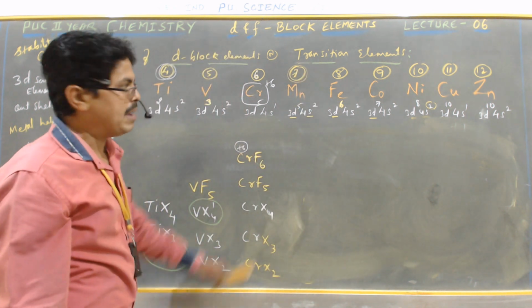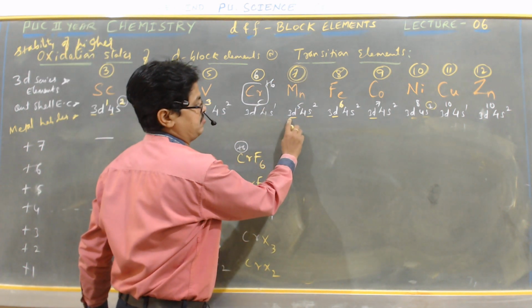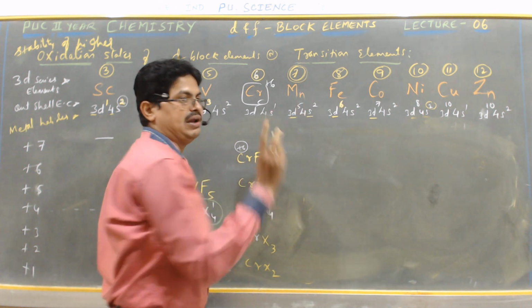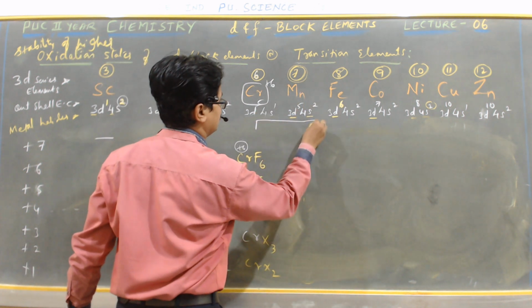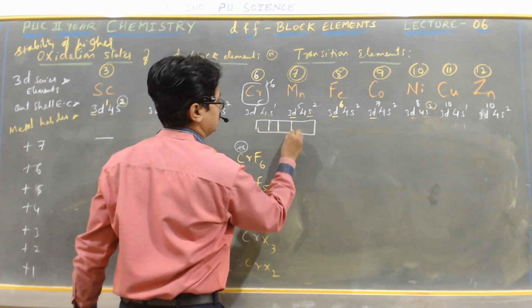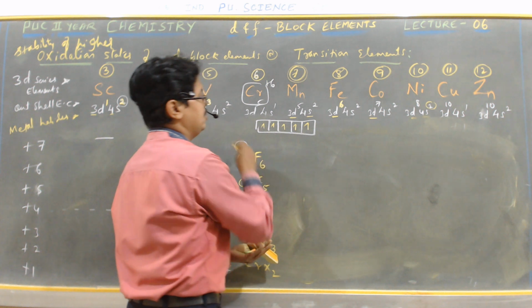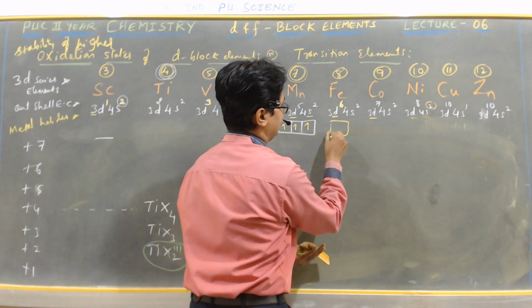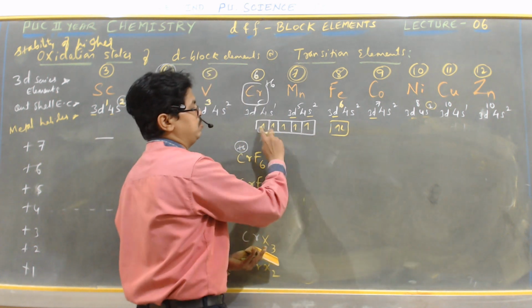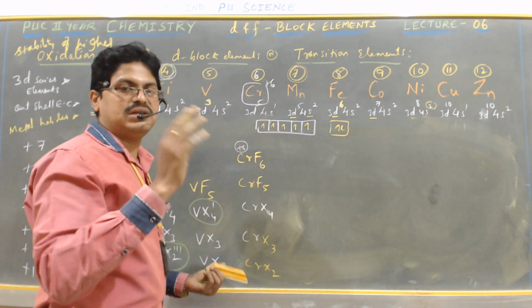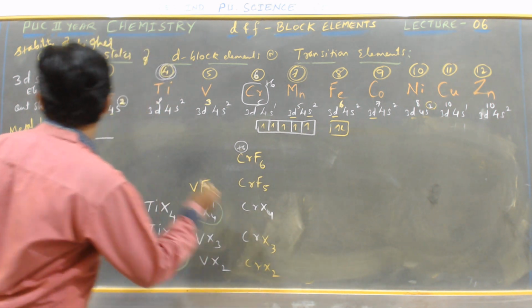See, even though manganese exhibits higher oxidation state of plus 7, because 5 unpaired electrons from d orbital, 2 paired electrons from s orbital are involved in the bonding. Correct? Like this. So 1, 2, 3, 4, 5. All the 5 electrons are involved in the bonding. As also these 2 electrons from s are also involved in the bonding. So that time 2 plus 5 is 7. Even though it is having higher oxidation state, it is plus 7.